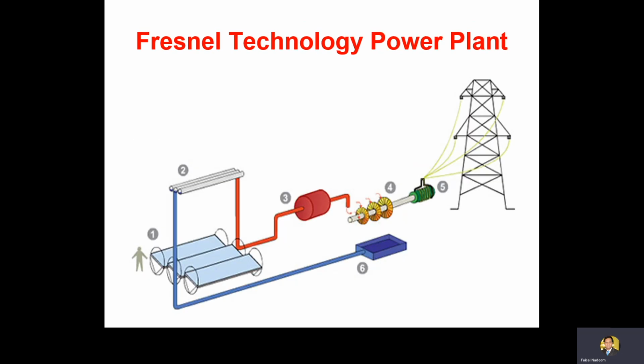So this is again an example of a fresnel collector, that these are the mirrors placed on the land. This is the absorber tube. These mirrors basically reflect back the light on this absorber tube. When the working fluid gets that much heat, the heated working fluid, that is the water or any oil, reaches here in this heat exchanger. Here in this heat exchanger, the water is converted into steam, or the oil transfers its energy to the water, that is basically converted into steam. That steam is then thrown on the turbine, and the turbine runs, and resultantly your generator runs and electricity is produced. So this is also the concept of thermoelectric conversion in the case of fresnel technology.